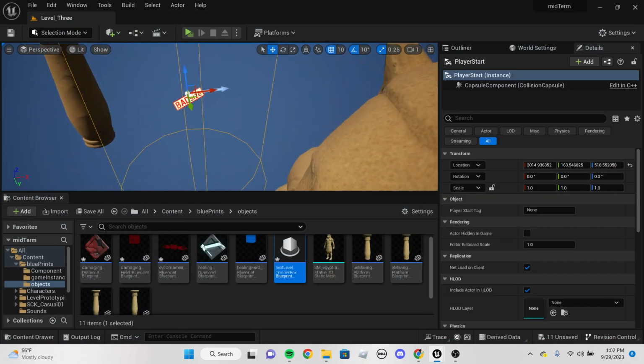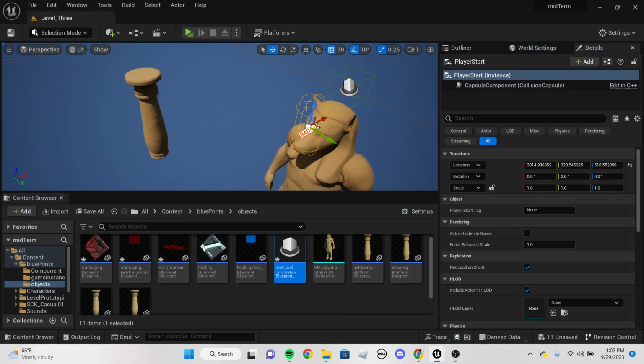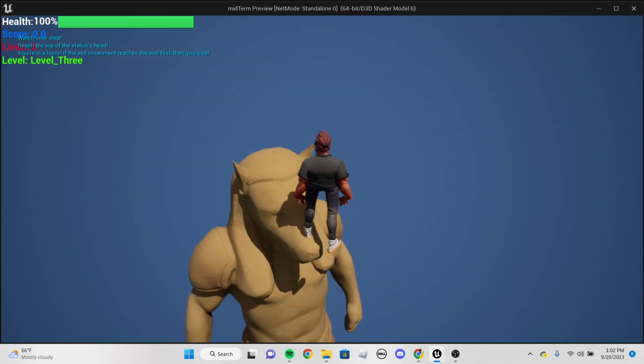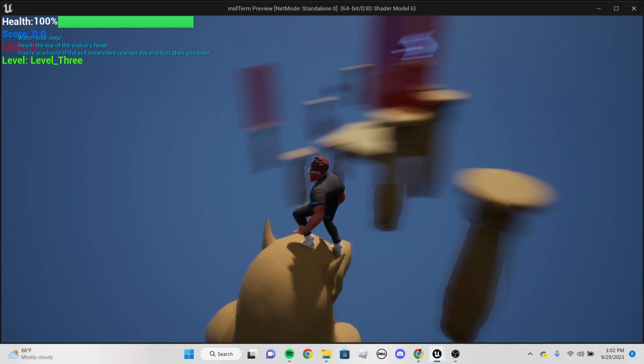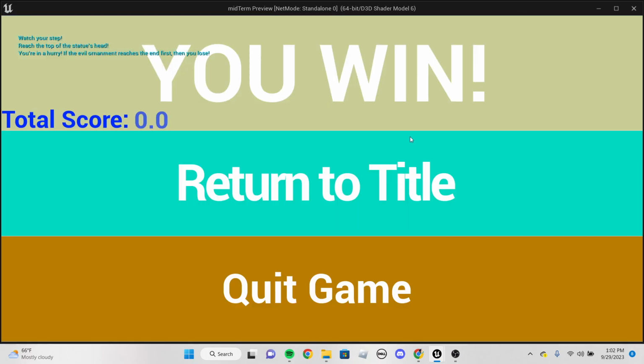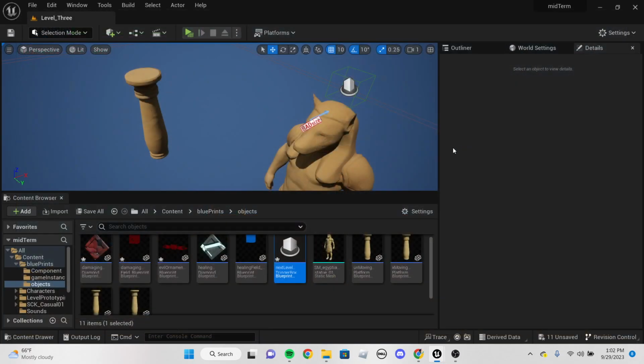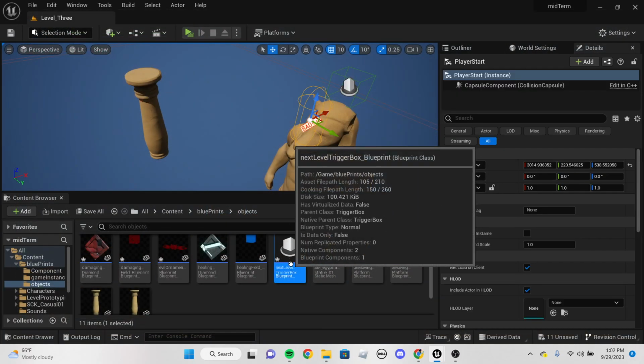Okay, still dies. Sorry. So I'm on the head. I touch the component, it creates the smoke, and takes me to the windscreen. And when I click this, it returns me to new. Right. Next level is